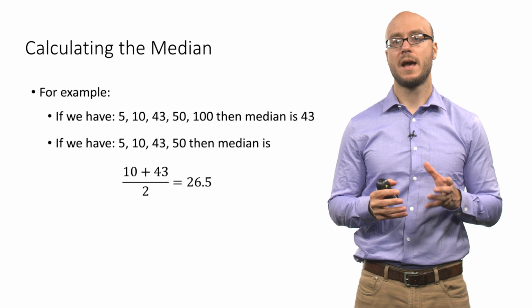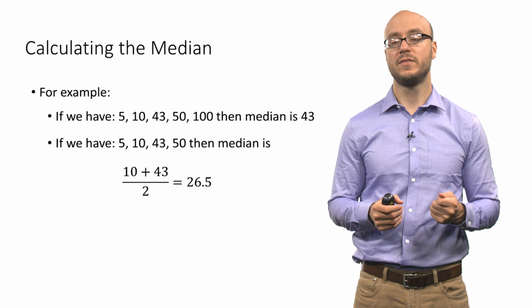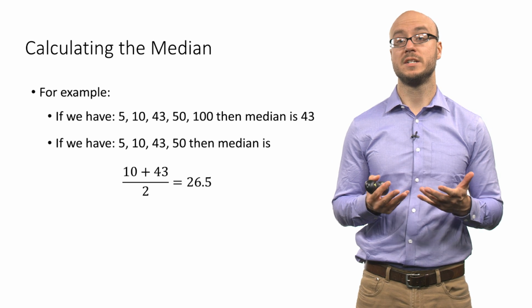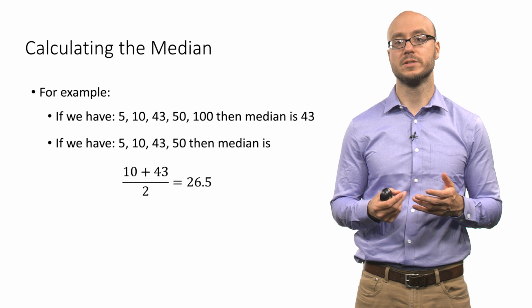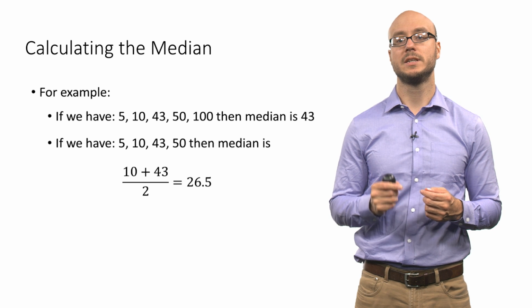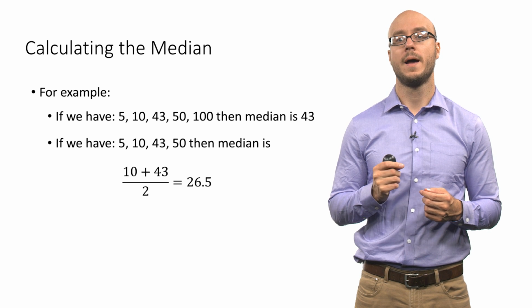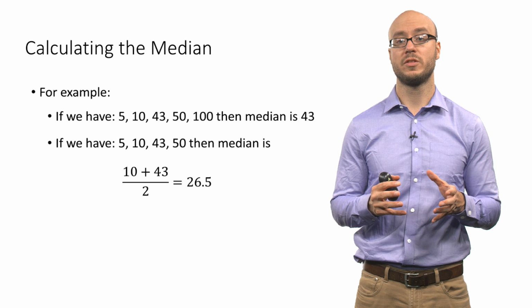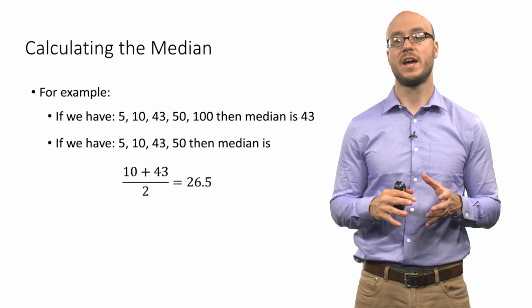But suppose we have 5, 10, 43, and 50. This is an even number of observations, so the median is the average of the two middle observations. The two middle observations are 10 and 43,